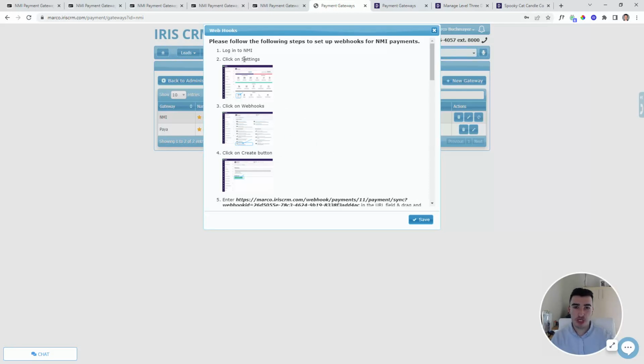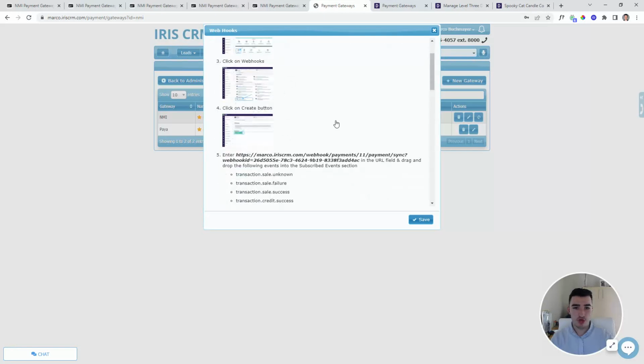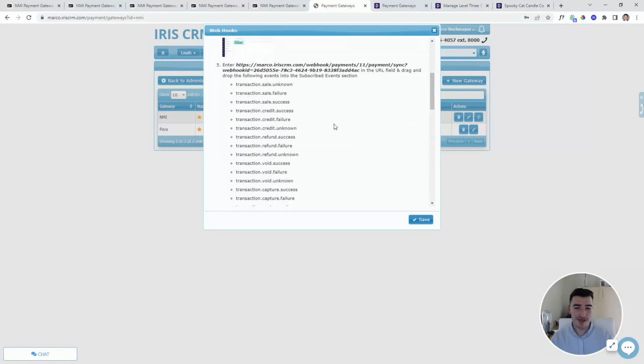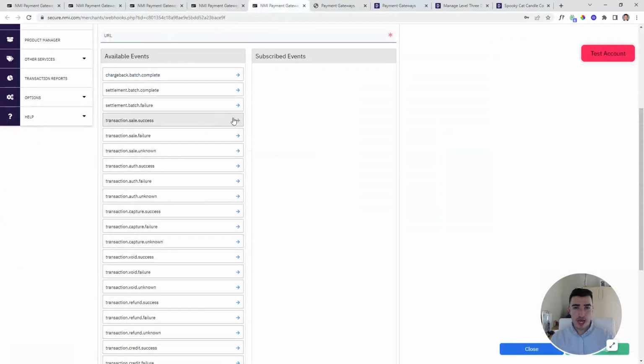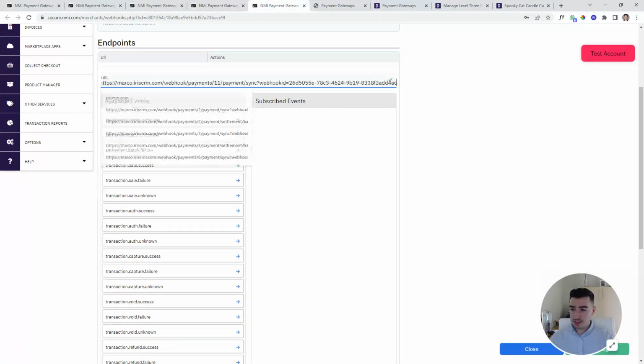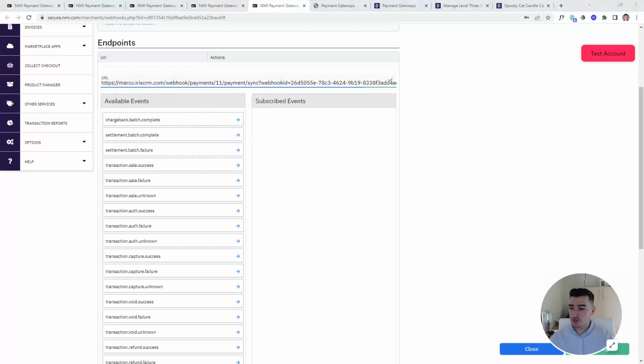So let's go through these. Log into NMI, check. Click on settings, yep. Webhooks, yep. Click on create button. Did all that. That's what I meant, I cheated and jumped ahead. So then step 5, I want to copy the bolded URL here and go back over to the NMI Webhooks page. And here I want to paste in the URL